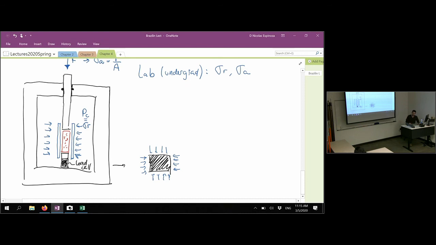They're rather designed to measure a force when you deform or when you apply a force in axial direction. So even if you increase the confining pressure, they are not going to react, and they're not going to show any measurement. It's only when you start to apply an extra stress on the rock that you start to measure a reading. And because of that, in this case, these load cells,